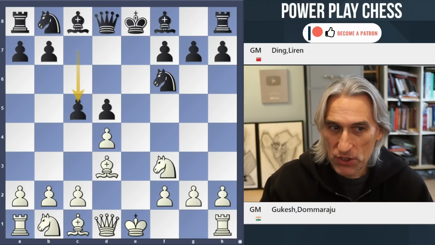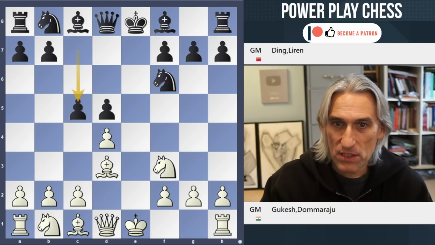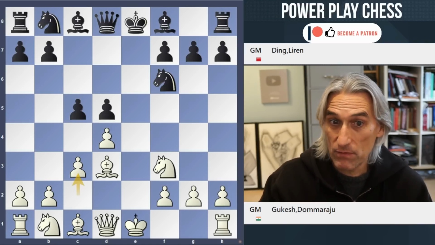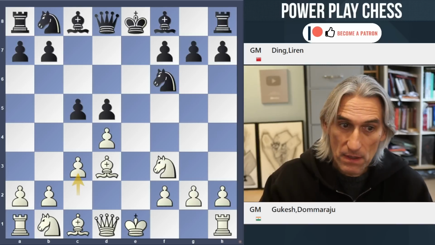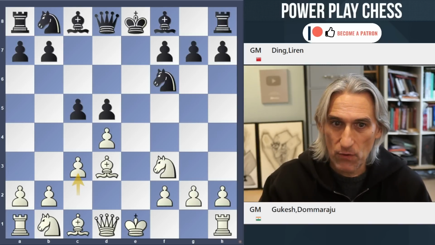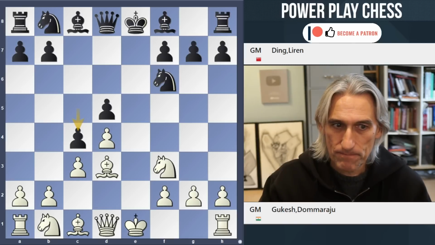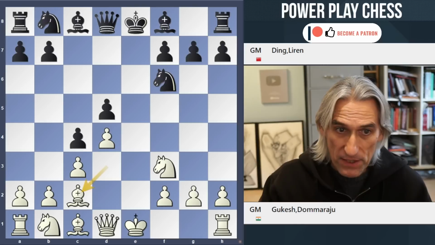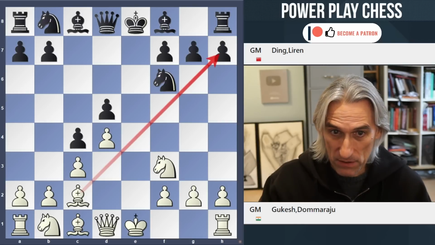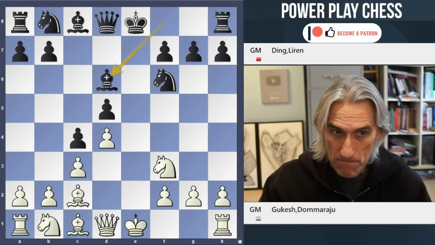But Gukesh doesn't go in for that. Instead, he just played c3 pretty quickly. So this wasn't a big surprise for him. Now black can play bishop d6, knight c6, but Ding pushed straight away, fixing that central pawn structure. The bishop maintains its position on this nice diagonal, and then bishop d6.